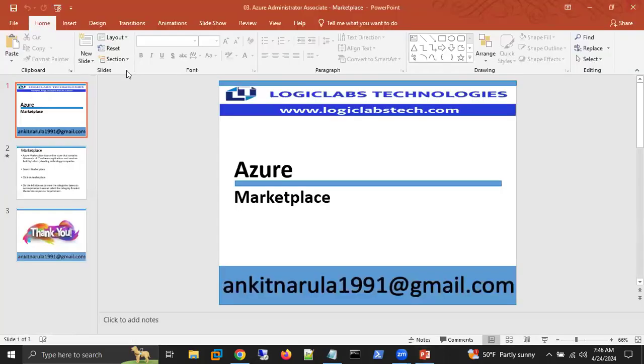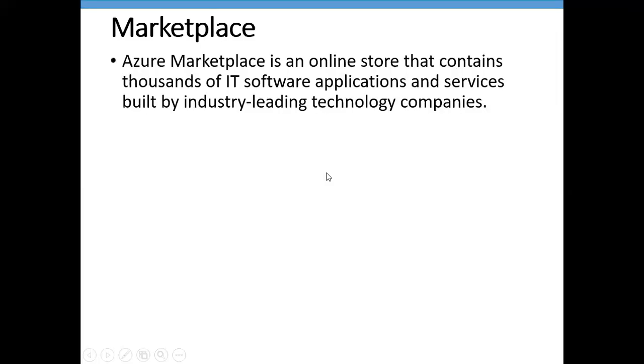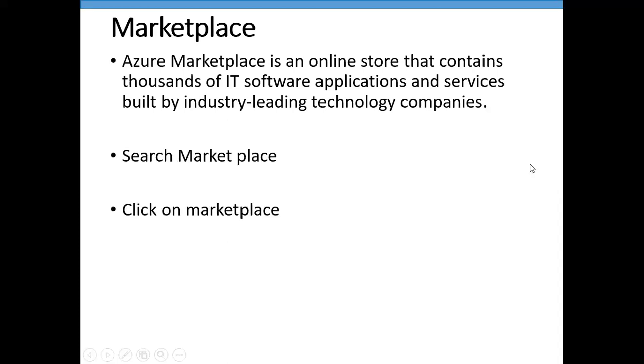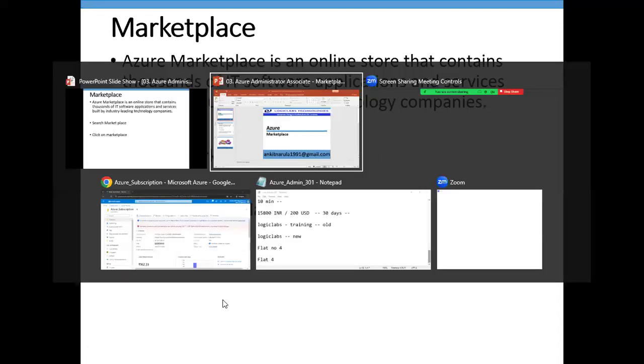What is Marketplace in Azure? We can call it an online store in Azure, where we can see all our Azure services, or whatever tie-ups they have done with third-party companies. Those also we can see in the